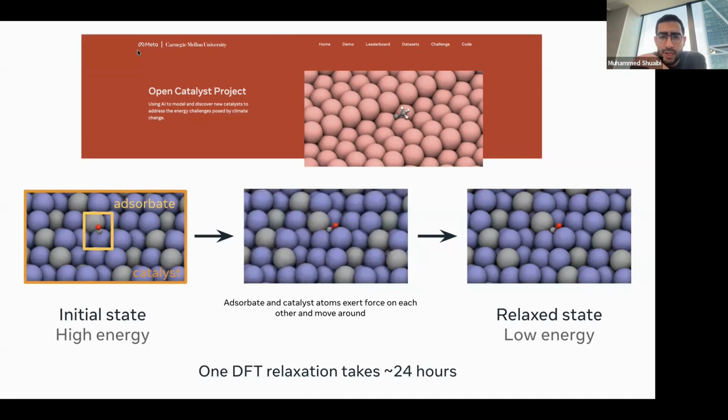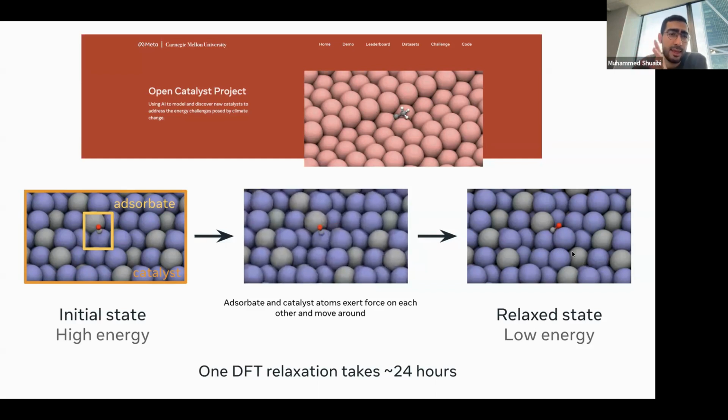We run these computational tools like DFT, and you can see that it studies how the molecule behaves on the surface. You can see that this is the result of that simulation. You can see CO moving and laying down on this metal surface because it's now in an ideal scenario, what we refer to as a relaxed state, a low energy state. So this is where it wants to be.